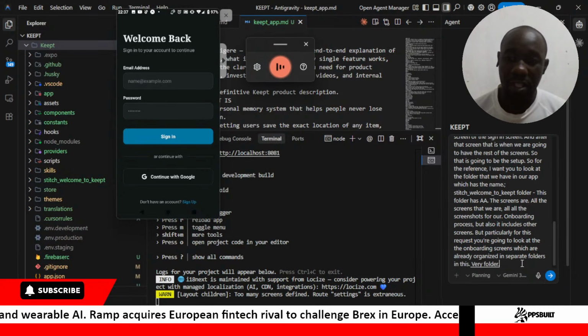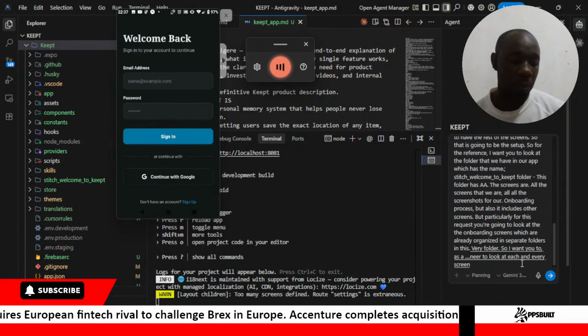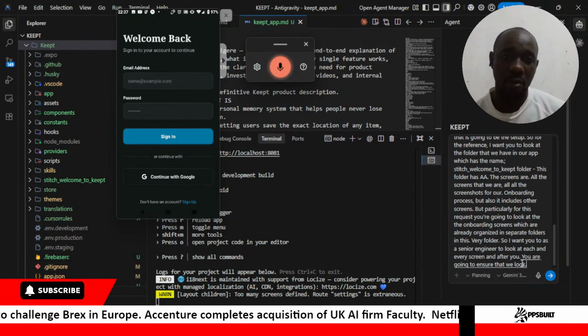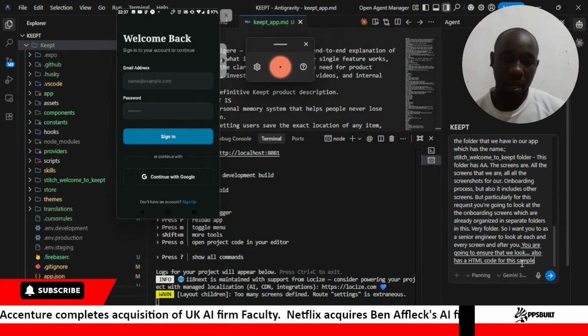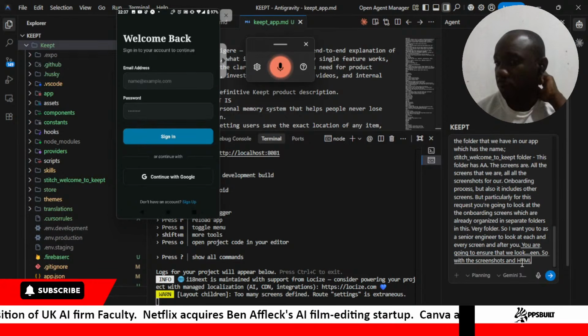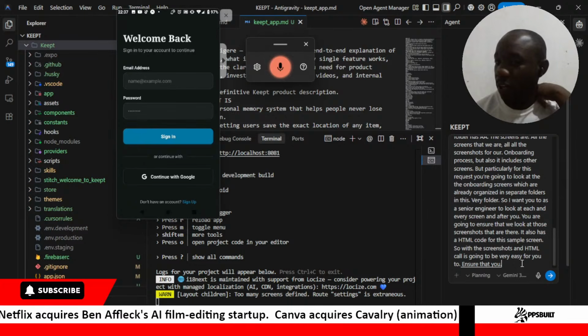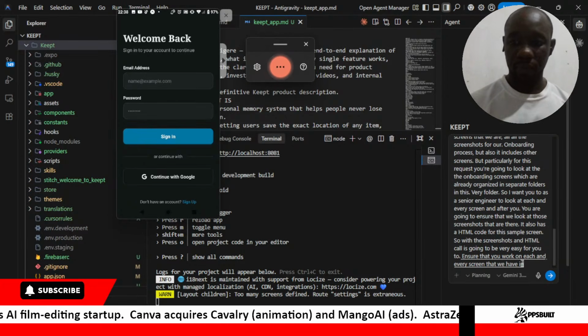I want you, as a senior engineer, to look at each and every screen and ensure that we look at those screenshots. It also has HTML code for the sample screen. So with the screenshots and HTML code, it's going to be very easy for you to work on each and every screen that we have in our app.